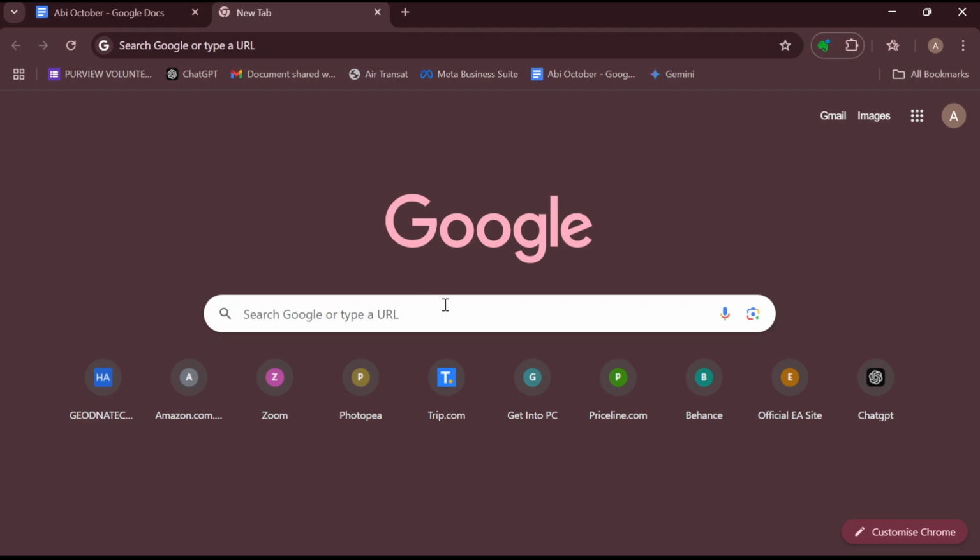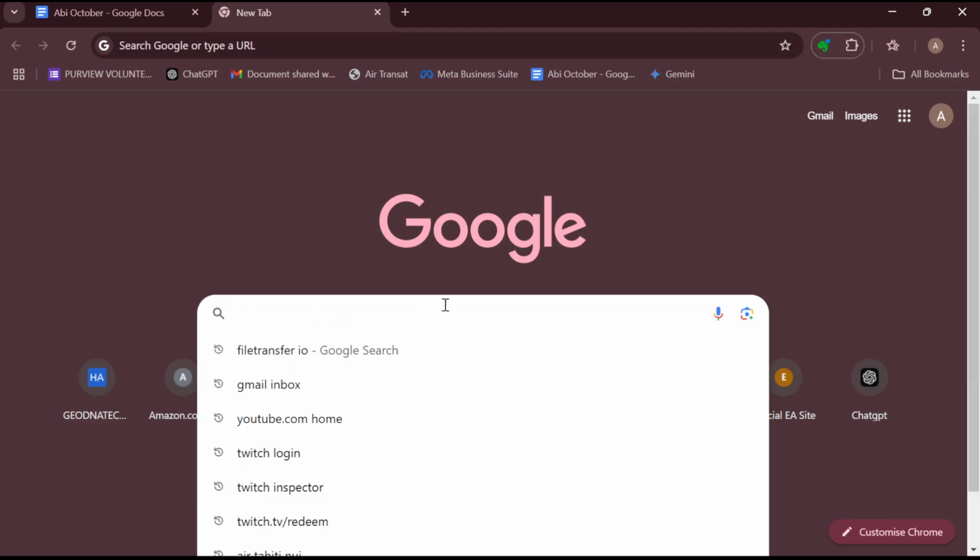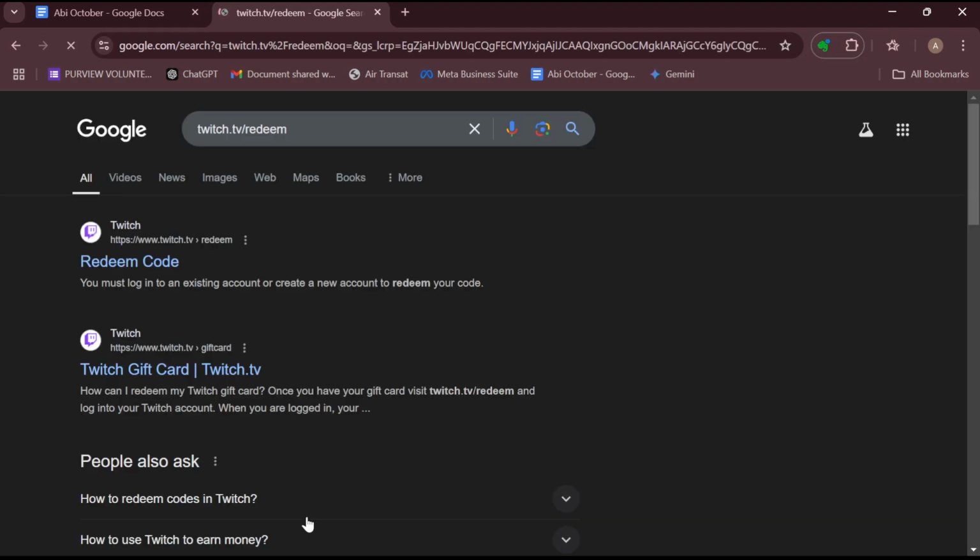The first step is to log in into your web browser this way, and then go ahead to type twitch.tv/redeem. So once you've done that, you'll be brought to the page where you'd see a number of blog posts displaying redeem code, Twitch gift card, etc. Just select the option redeem code, and by selecting that, you'll be redirected to your Twitch account where you'll be